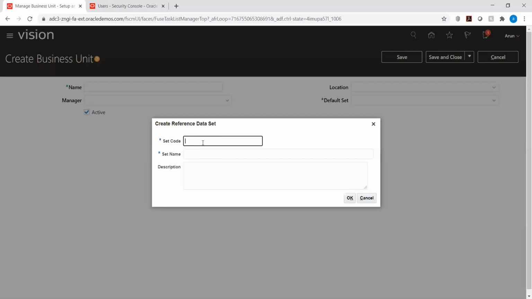Is it at BU level or company level, like enterprise level? No, it is at BU level. So every BU should have a reference data set, and only then you can create a customer or supplier. Correct? Yes, correct. Something like an org unit. When we create a supplier site in EBS R12, we can create the supplier site at an org unit level. In the same way, to restrict that, we have this reference set at the BU level. Is that right? Yes.